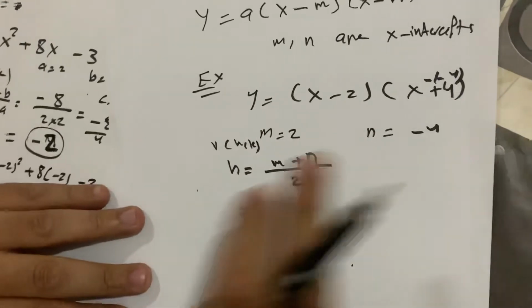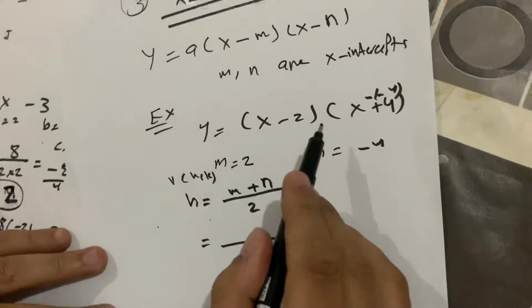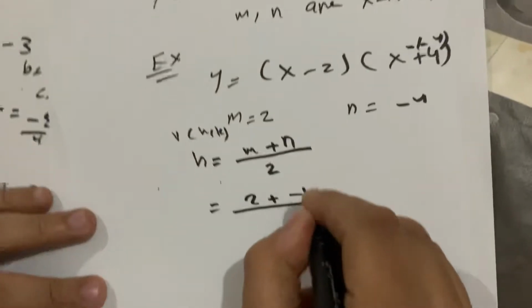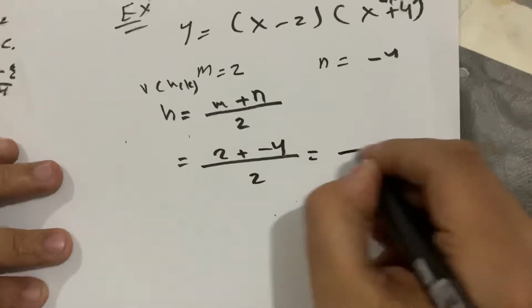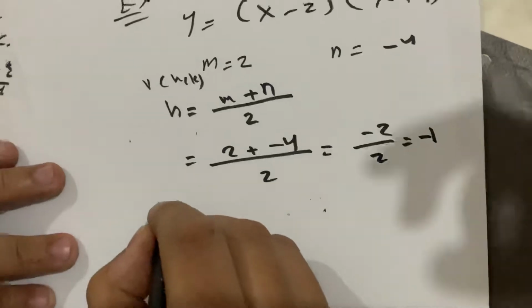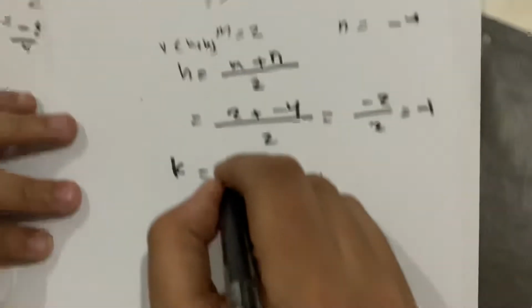Again, what is h equal to here? m plus n divided by 2. What is m equal to? m equals 2 plus n equals negative 4, divided by 2, equals what? Negative 2 over 2 equals negative 1. Then h equals negative 1. What is the value of k? We have to substitute in the original equation, this one. So k equals